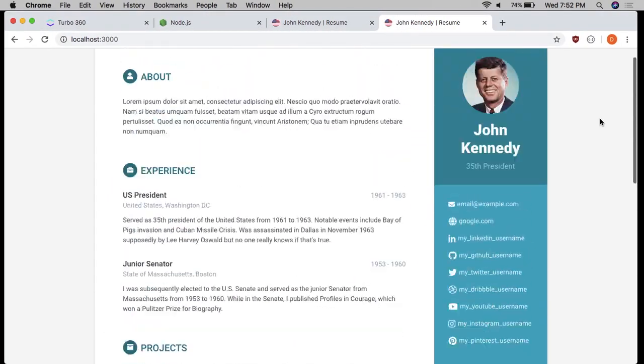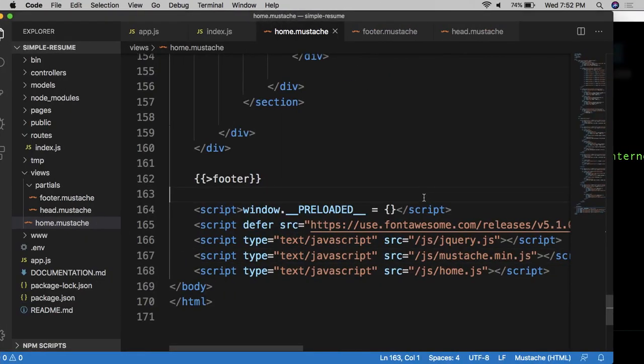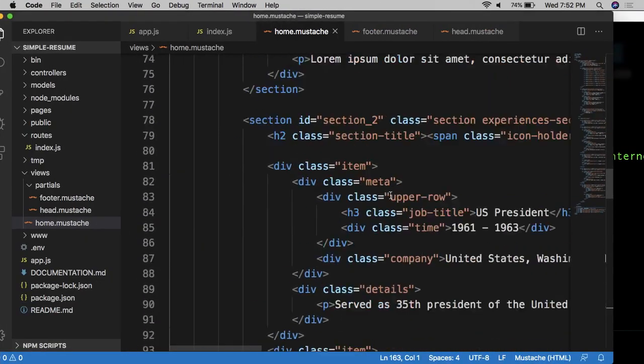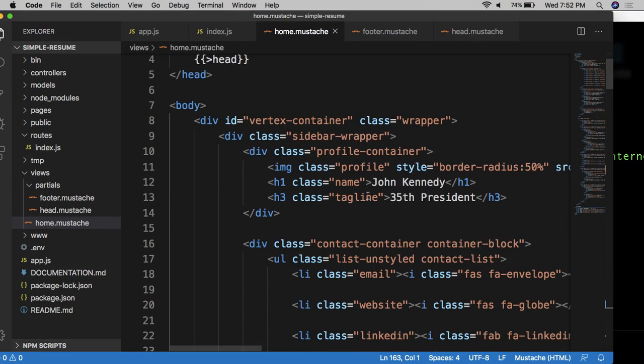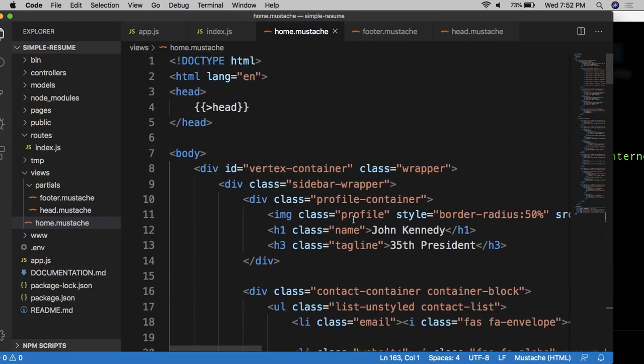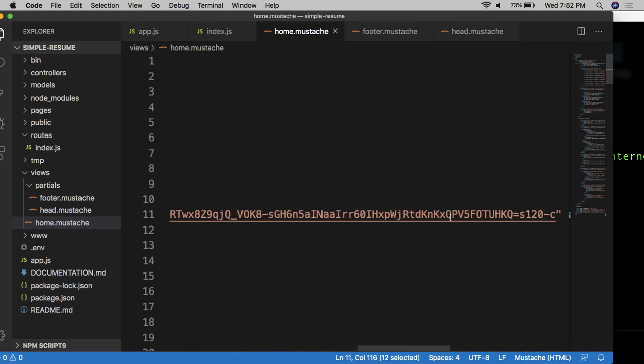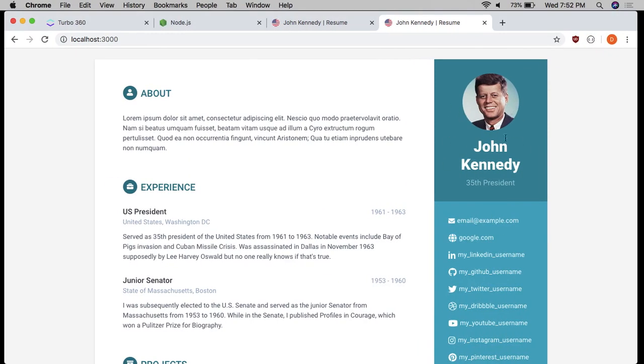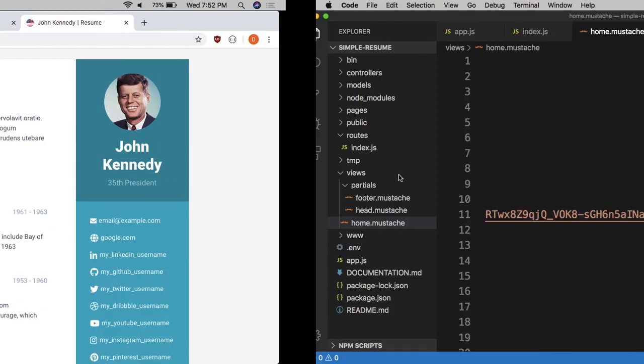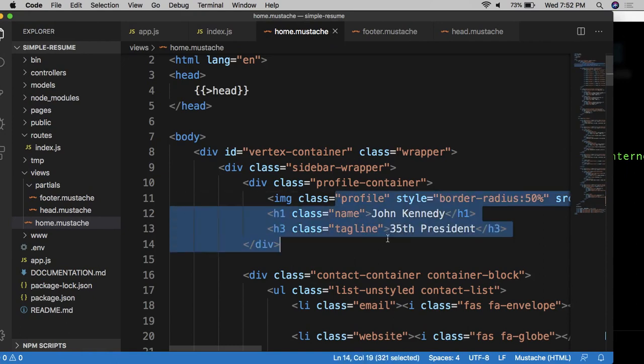And now let's actually start using the templating engine for its designated purpose. Going all the way back to the top, we obviously have John Kennedy, 35th president, and the image right here. That's going to be this section right here, all the way up on top. You guys see that? Normally you would replace it with your name and all that stuff, but we want to use the templating engine here. So if we go back to the index